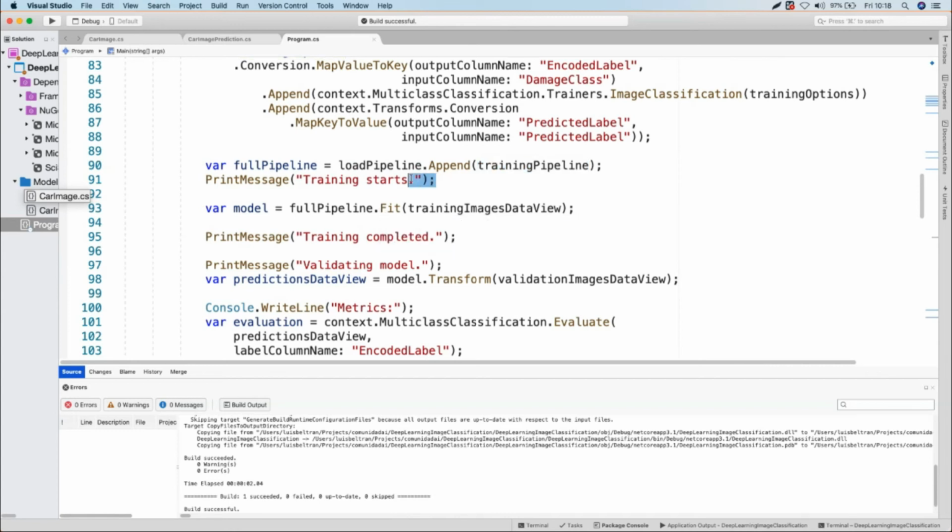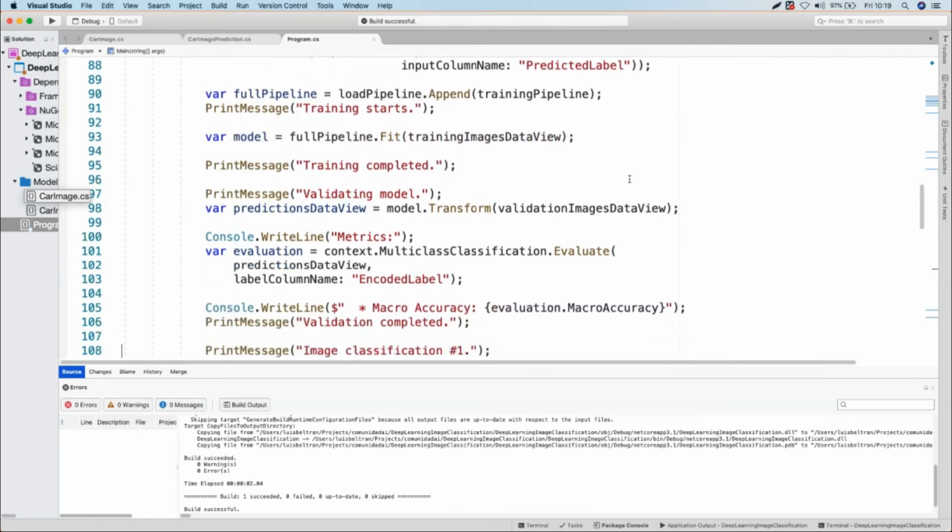But nothing has started yet until the fit method is called. So the fit method performs or executes all what we said before. So far here nothing has happened, but this method is the one that will take a lot of time.